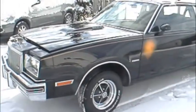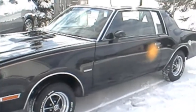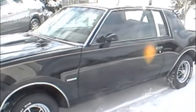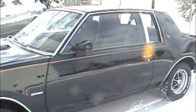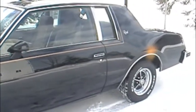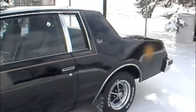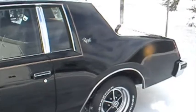Okay, here's a video of a 1980 Regal Sport Coupe Turbo. Black. This one has not an option at all, not even a rear defogger, not even cruise. It has a clock that I put in it,